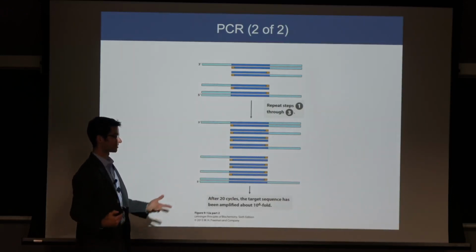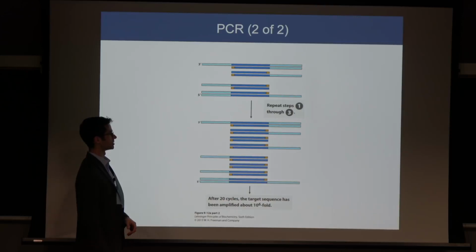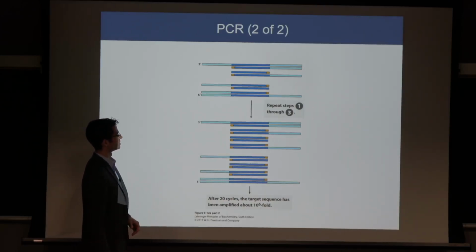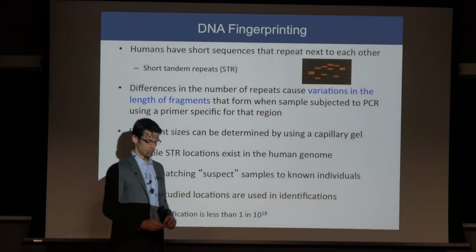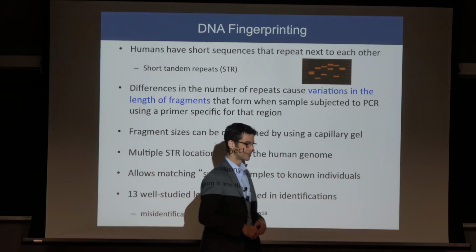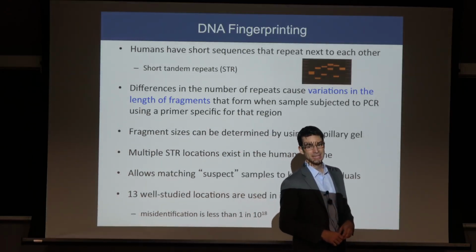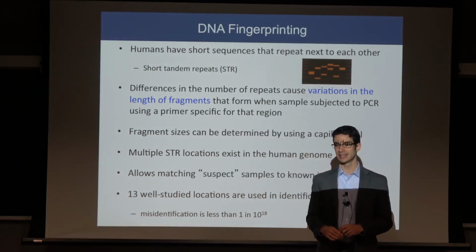Then you have enough stuff that you can actually work with and do chemistry and use these sequences to add into other genes to do genetic engineering and so on. One of the things that you can do is DNA fingerprinting. So DNA fingerprinting is a technique that is used